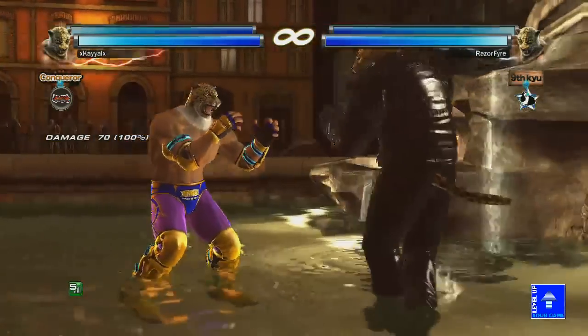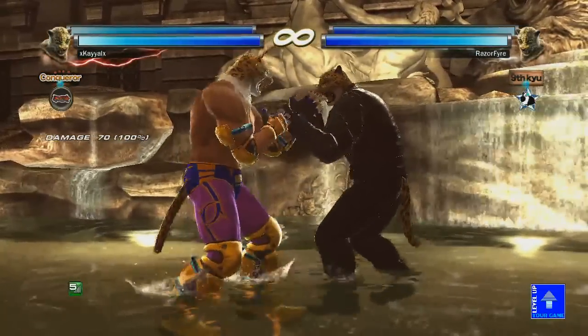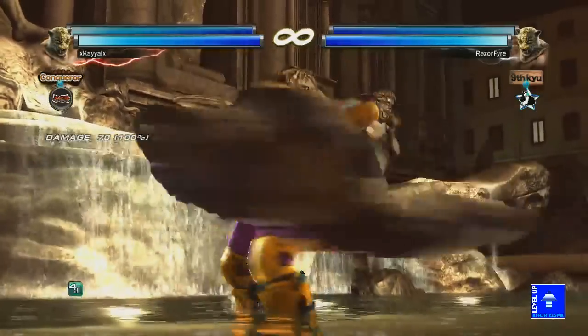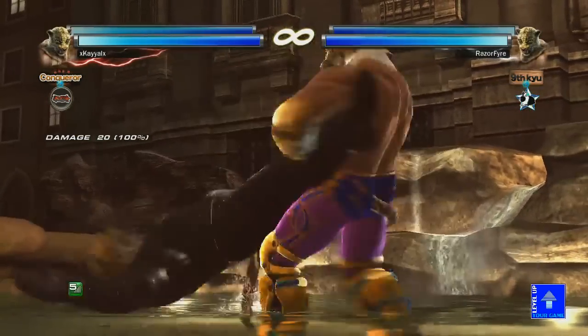The regular Giant Swing is tech rollable, so you could reduce like 20 damage. A lot of people online don't know that. So if you get thrown by Giant Swing in the open, make sure you tech roll, because if you don't tech roll, it's going to do more damage. So let's see, Kyle with no tech roll, 65 damage. And this time if he tech rolls...